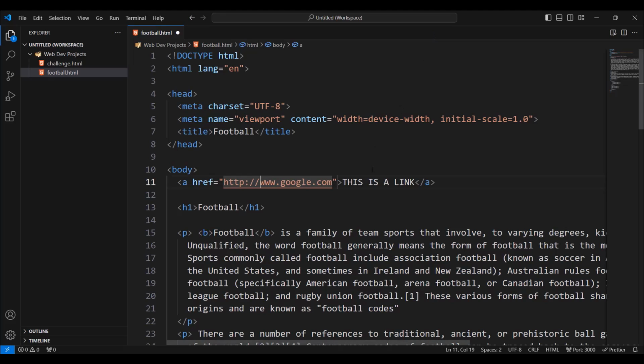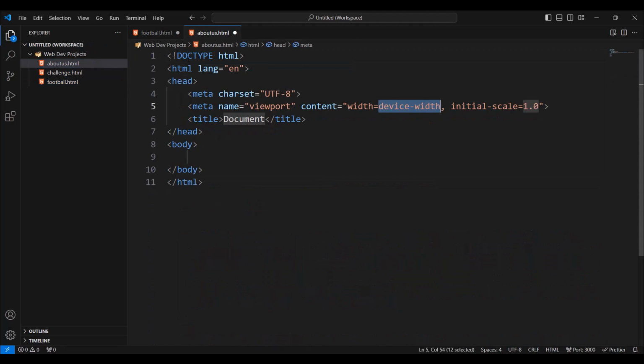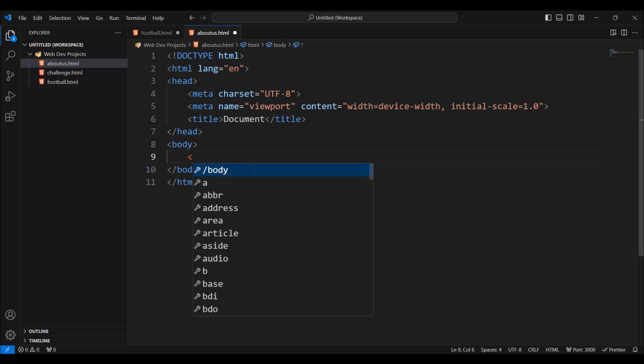Let's close this. Okay, I'll create a file. I'm going to call it about us .html and press enter. I'm going to add a skeleton here, press enter. I'm going to put h1 here, not here. So inside the body, an h1. And it's going to be called about us.